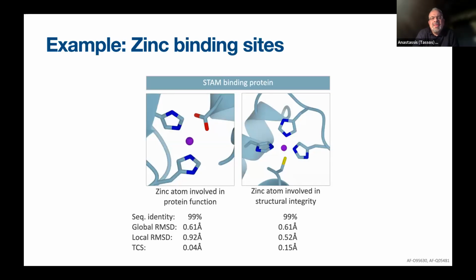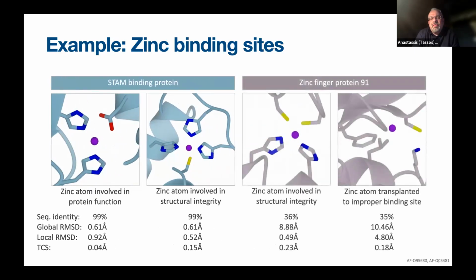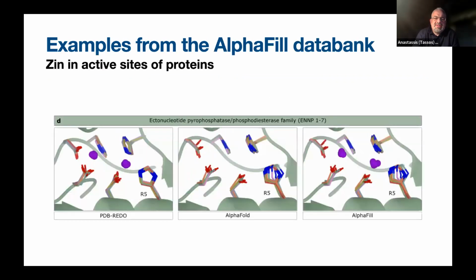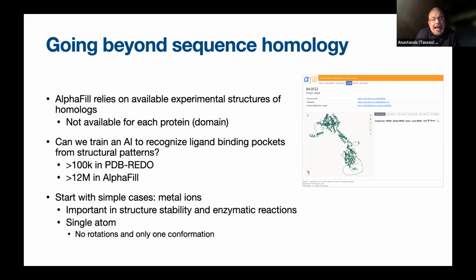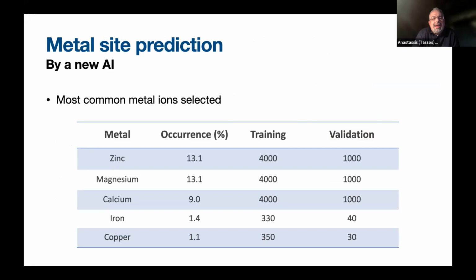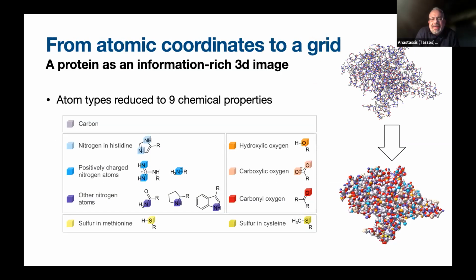You see these are successful predictions of atoms over here. This is a bimetallic enzymatic site. And so on. And I will use the last minute and a half to say what happens if we don't have experimental structures available? What we did here is that we trained an AI that we developed, and in which